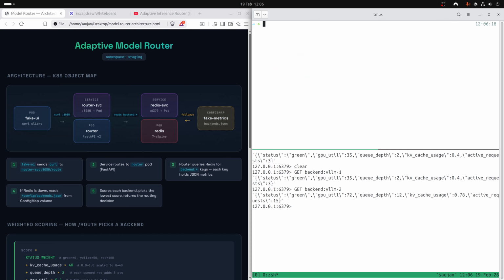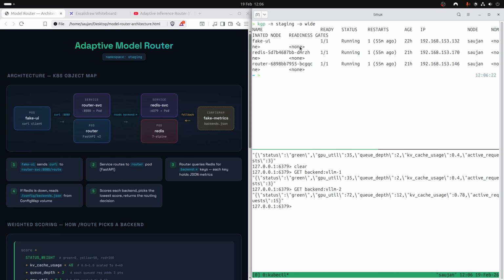Okay, kubectl get pods -n staging -o wide. I've created this namespace in my cluster called staging. I have the fake UI pod, I have Redis, and I have my router pod running here. So this is my router pod CLI. If I get the status of my backend endpoints, you can see that I have both of them on